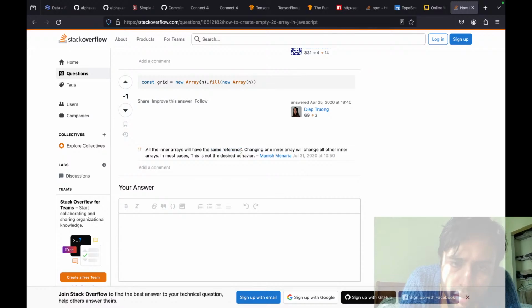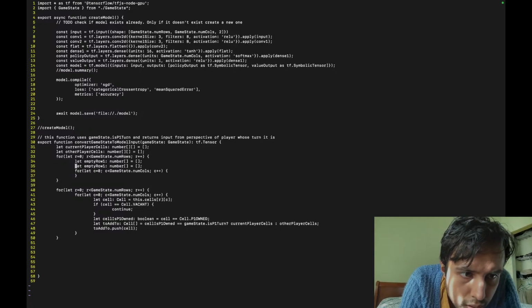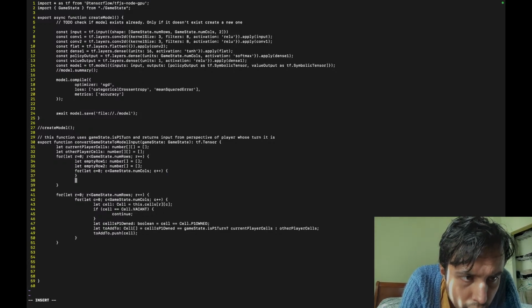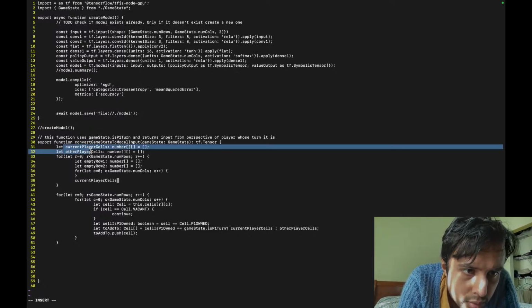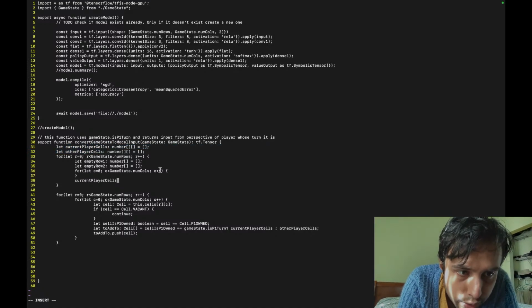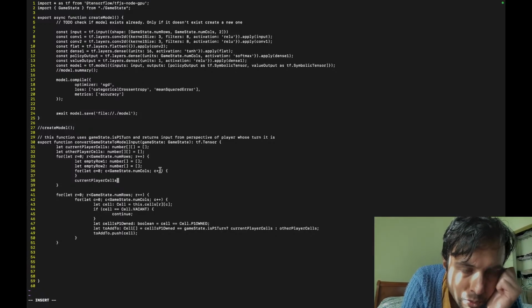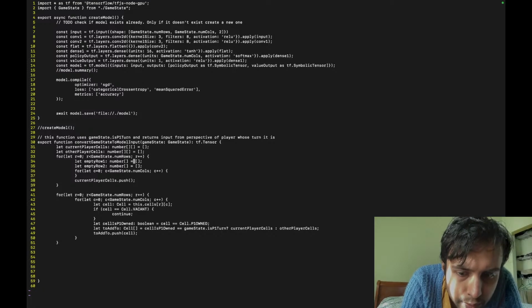Okay, this thing, same reference, right? In fact, I think the same principle applies here. Let's have empty row 1, empty row 2, right? Let's do something like that. And then for the current player, just to make sure that these two have different pointers. I don't want one change in one to reflect in the other, right? Very subtle bug that could be very problematic. Dot push. And this will only push this guy, right?